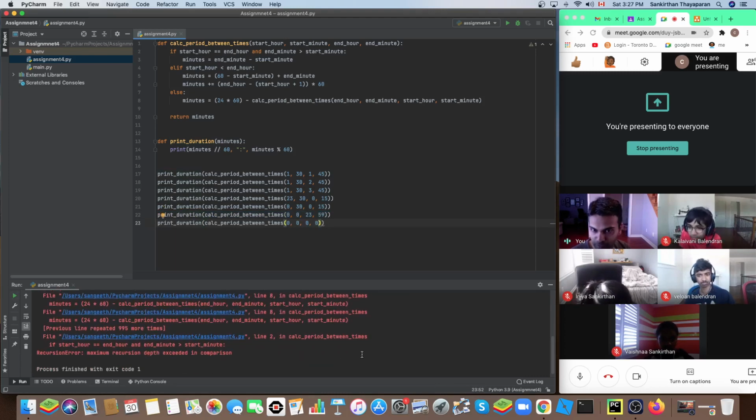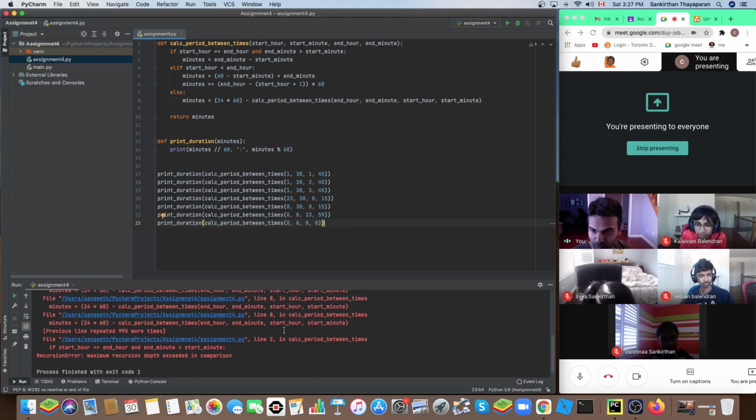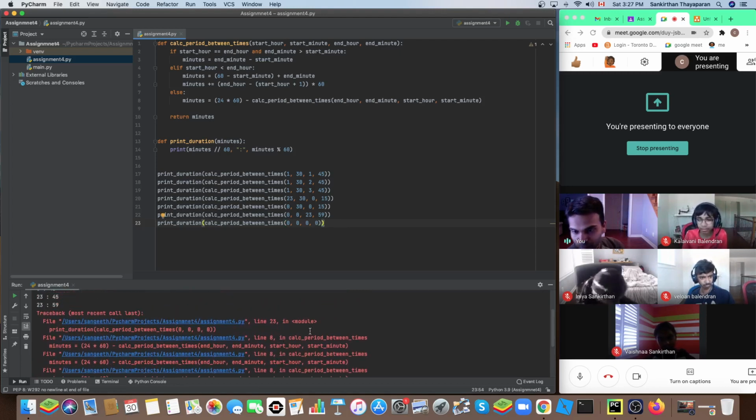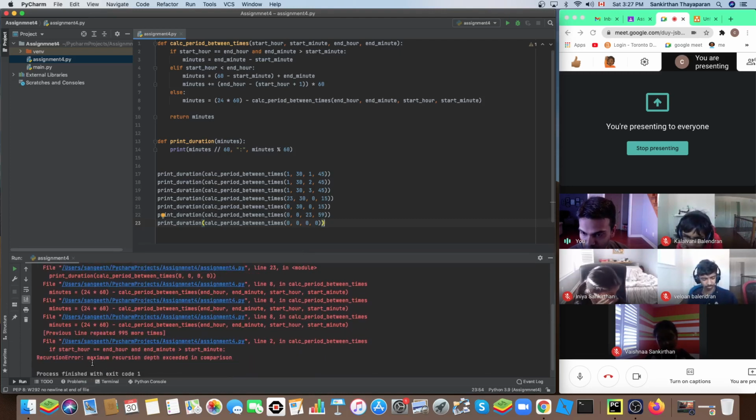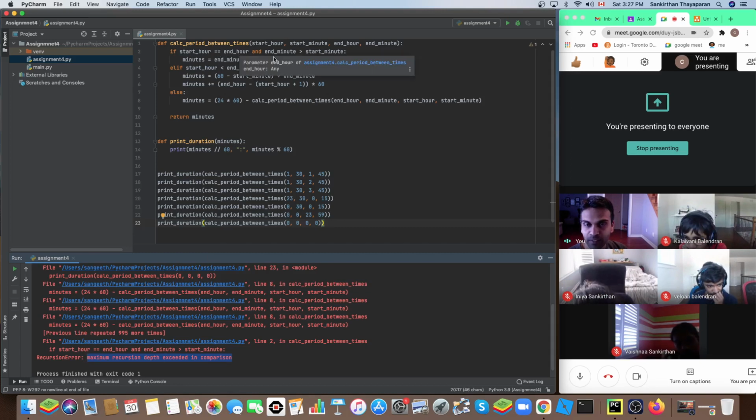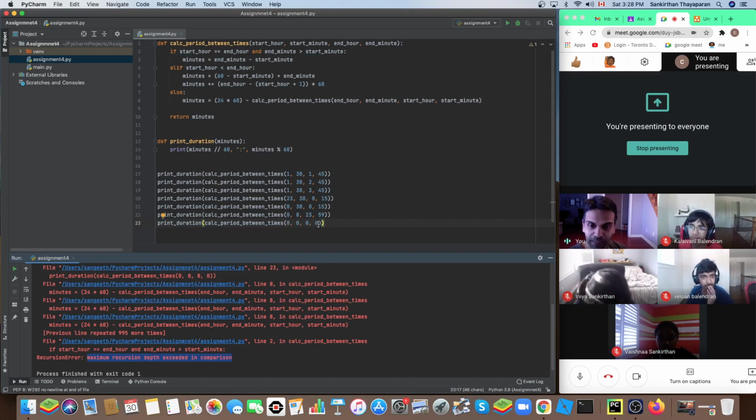Oh, something is wrong here. Oh, did I have an extra? No. So obviously it doesn't work. Let's see why it doesn't work. Okay. So it says maximum recursion depth exceeded in comparison. That means we kept calling this again and again because one of our conditions didn't meet. It says start hour equal to end hour, and we said end minute greater than, right? In our case, start hour and end hour are the same, but the end minute